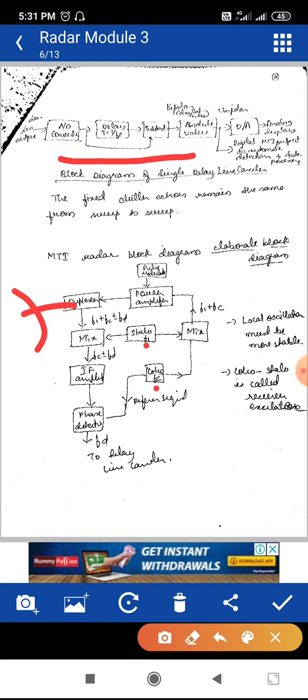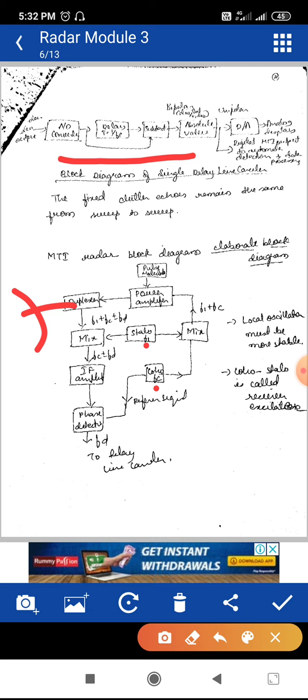Now the IF stage is designed as a matched filter, as is usually the case in radar. As I told in the previous section, when we are talking about MTI radar, we are going to talk about the phase shift, that is how much Doppler phase shift has happened due to the moving target. So after the IF amplifier we have a phase detector, that is going to give you the Doppler phase shift that has happened. The received signal will be FL plus FC plus or minus FT.